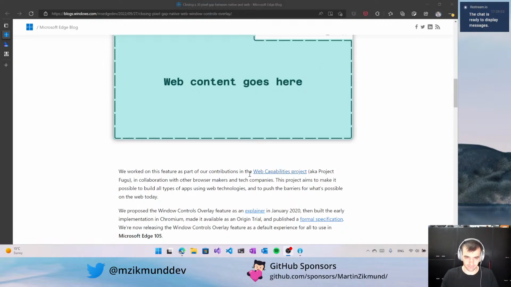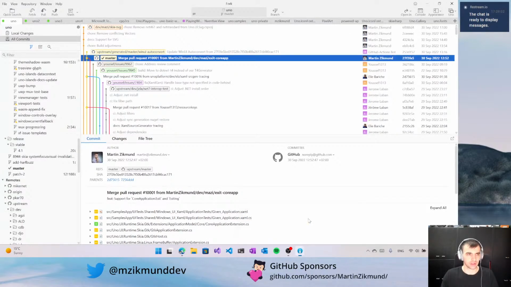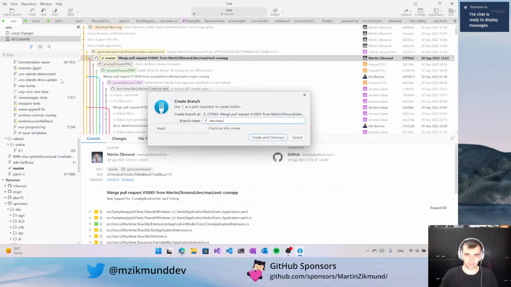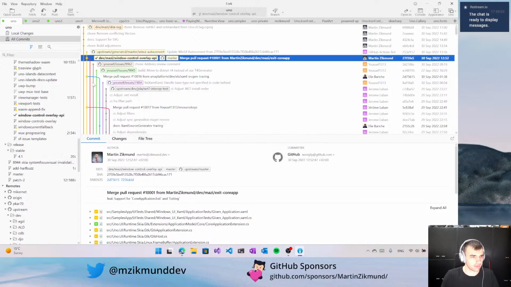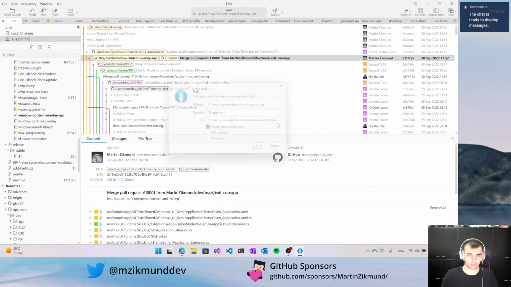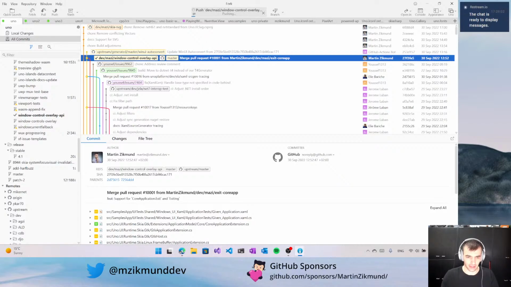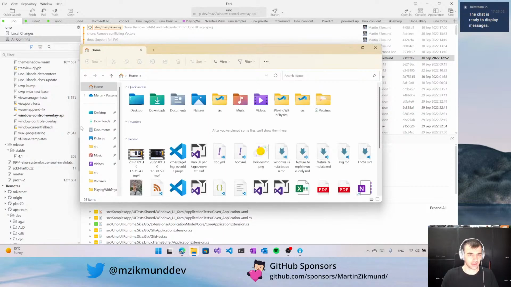So let's go. Actually, I will first create a branch for this. So let's call this branch dev/window-control-overlay-API. So this will be our branch for this one. Actually, let's push it first into upstream, so we have it marked. And now I will switch to the branch and open it